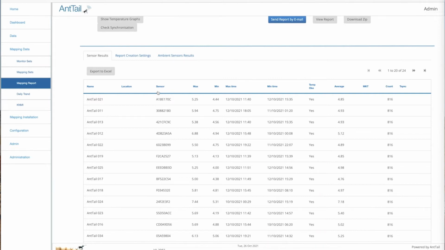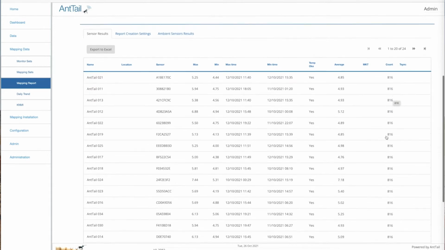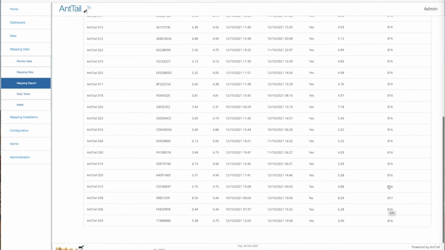data as it relates to the sensor name. There's an option for location information, sensor ID, the maximum temperature experienced and the minimum temperature experienced, and the maximum time and the minimum time, and whether the temperature is actually okay, and what the average is, and then the number of readings during that period of time. So you can see here that there are 816 samples, actually one here at 817. So you get an excellent sampling set, and you then can